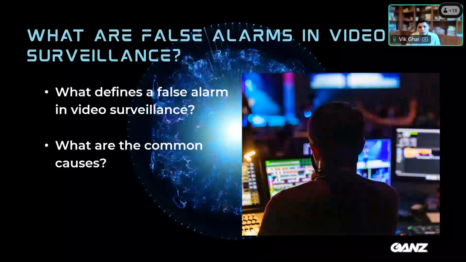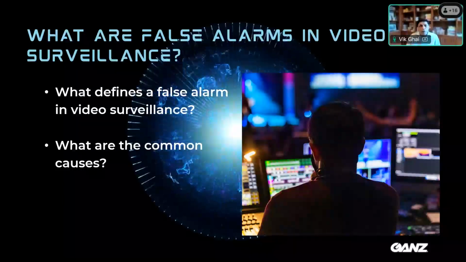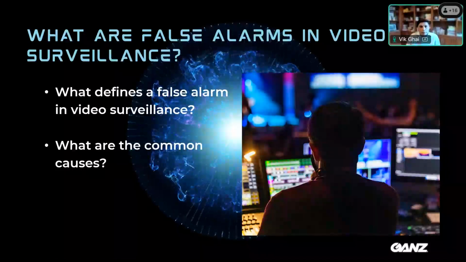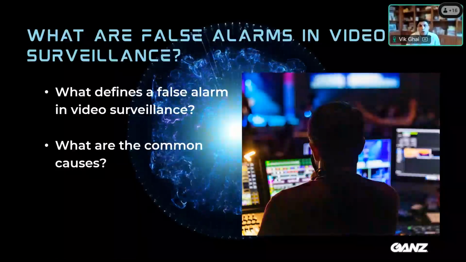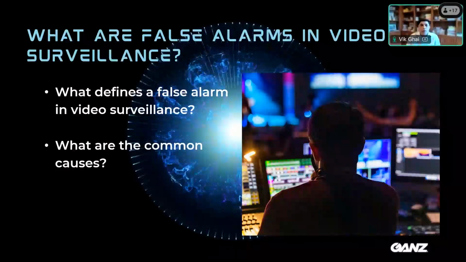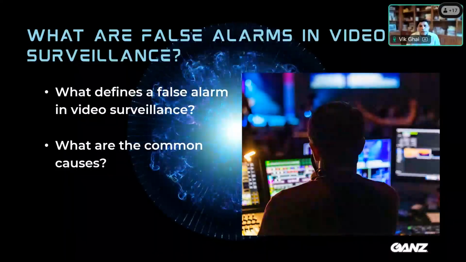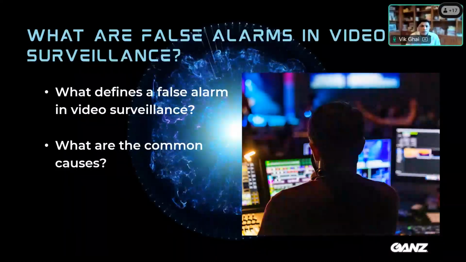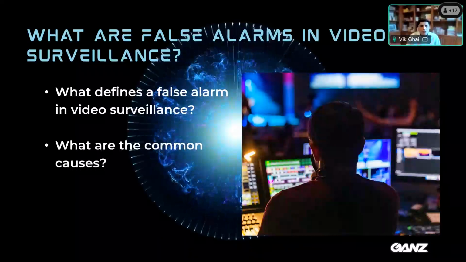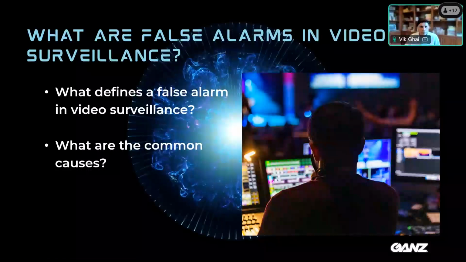It's generally believed, if you talk to central stations or the local police and so on, that 95% of all alarms are false alarms. Imagine doing something 95% of the time during your day, and it happens to be frustrating work. And that's really what we're here to discuss today. The cost, as per the National Institute of Justice, is somewhere around $2 billion in fines that get issued due to false alarms. So this is the real problem.